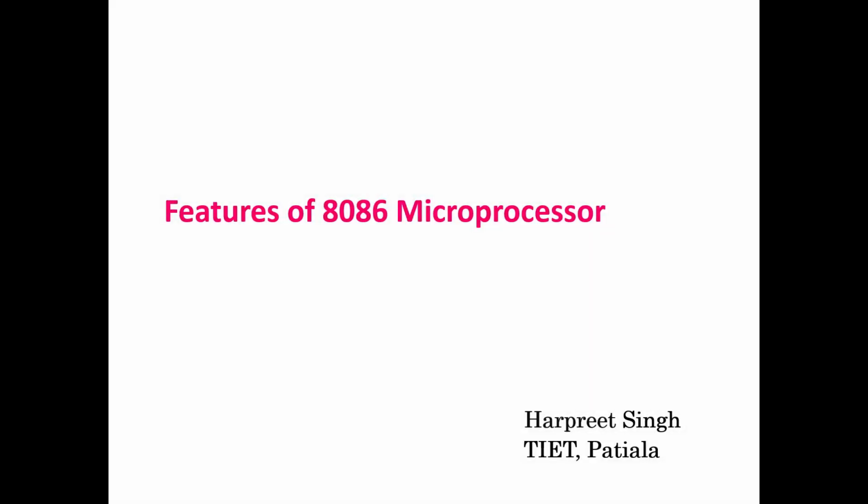Everyone. As we know, the word microprocessor was introduced by Intel Corporation, which is a single chip microcomputer, and all the functional components of a computer are inbuilt on a single chip using VLSI technology. It consists of arithmetic logical unit, register unit, and control unit on a single chip, which is characterized by speed, word length, architecture, and its instruction set. So now we will discuss the various different features of the 8086 microprocessor.